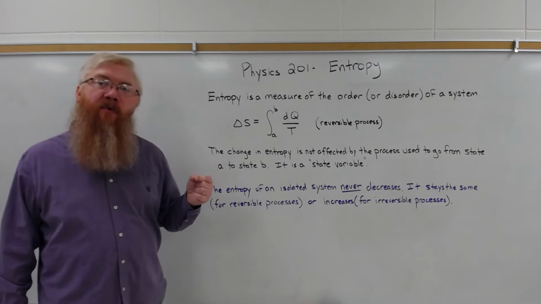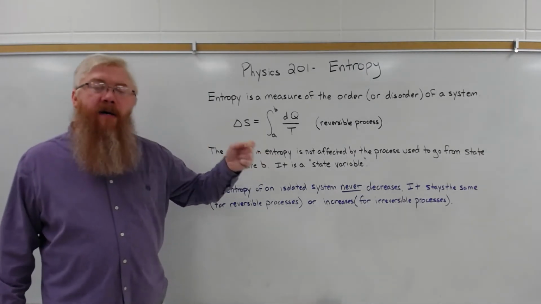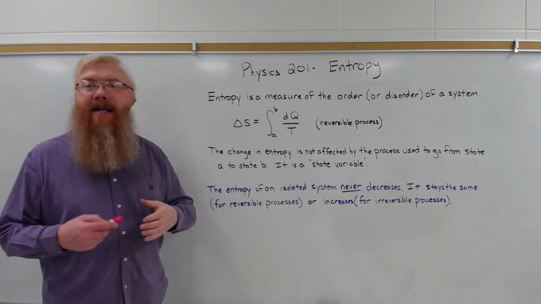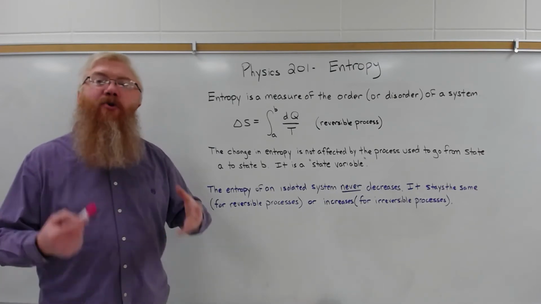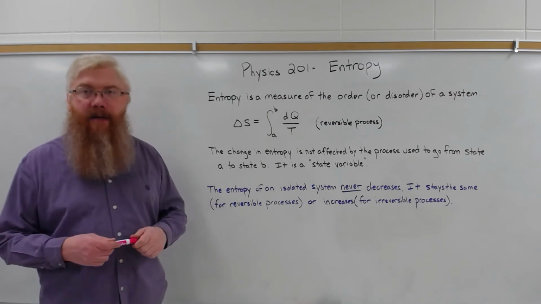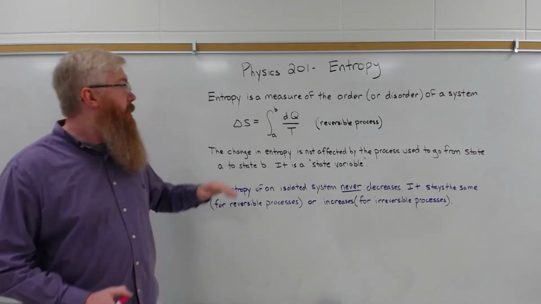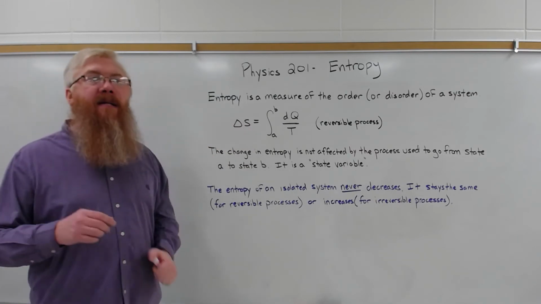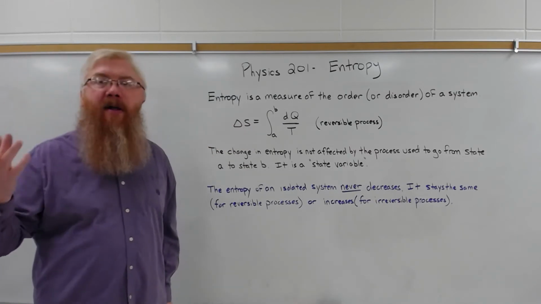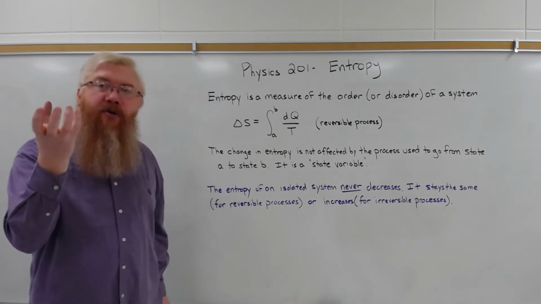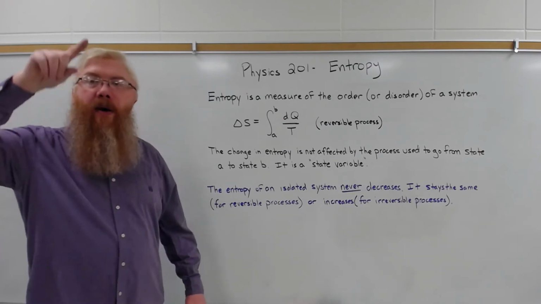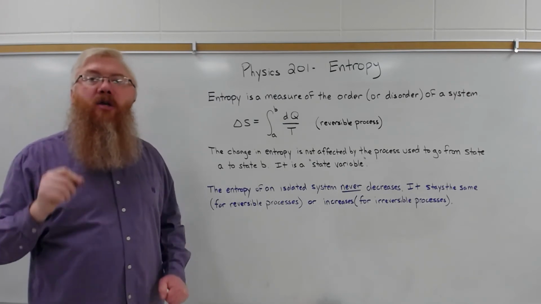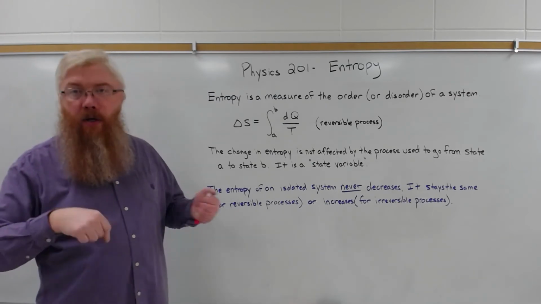All of the heat you pull from a hot reservoir cannot go into work. Some small amount of heat must be dumped into a cold reservoir. That is increasing the entropy or disorder of that low temperature reservoir. So entropy, or the change in entropy, S. Entropy is a state variable. So that means that at a given pressure, temperature, number of molecules, and so on, a system will have the same entropy. So if you look at the Carnot engine, whenever you come back to point A, you have the same entropy as when you started.